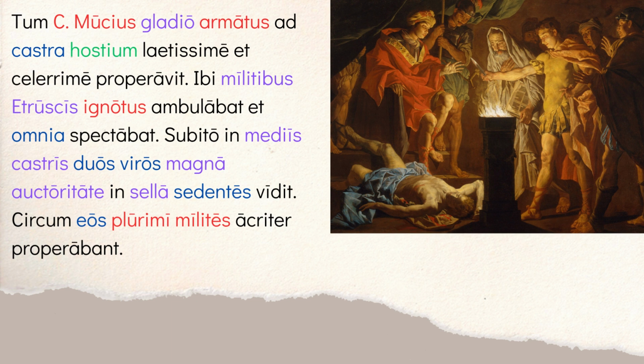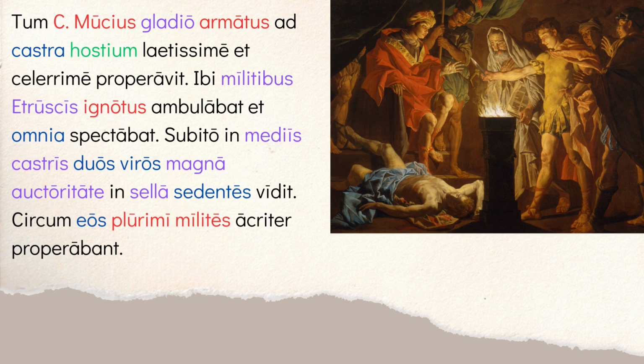So militibus Etruscis, right? So since they're all Italian, you can kind of see in the story, it would make sense that as long as he doesn't speak, right? Because he's not speaking Etruscan, he would be speaking Latin, presumably, right? As long as he doesn't speak or say anything, no one would probably notice he's even there, because it's busy, there's a camp, all these people walking around, and all these things. So he's walking around unnoticed by the Etruscan soldiers, and he's spectabat omnia. He's looking at everything, right? So he's watching everything. Okay, so you're just trying to see what's going on.